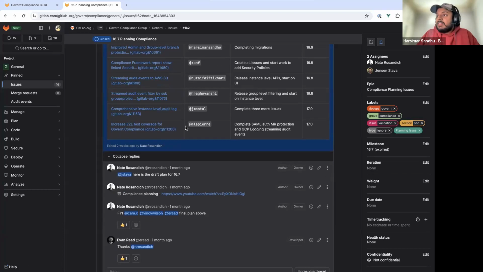Okay. For this epic also, a couple of issues have been assigned, one to me and another to Hitesh, because this was part of the OKR to increase the test coverage for compliance. And there's also another epic where we want to remove the redundant end-to-end tests which can be covered by tests at a lower level. So we can have unit tests or maybe feature tests for those and get rid of the existing end-to-end tests. So yeah.